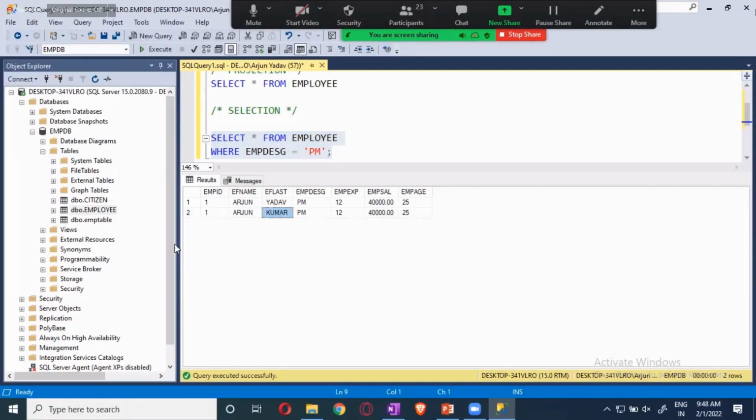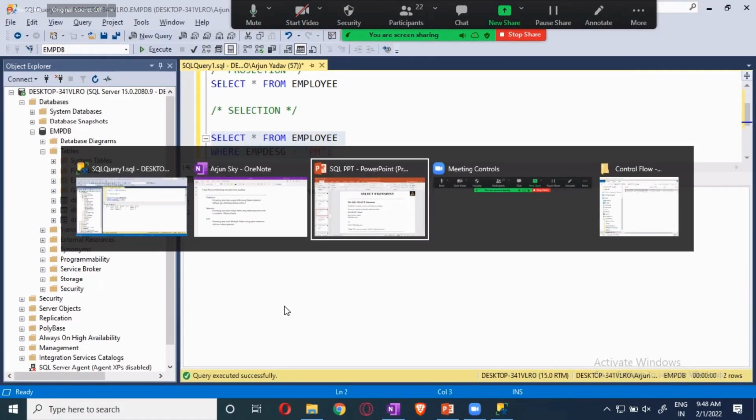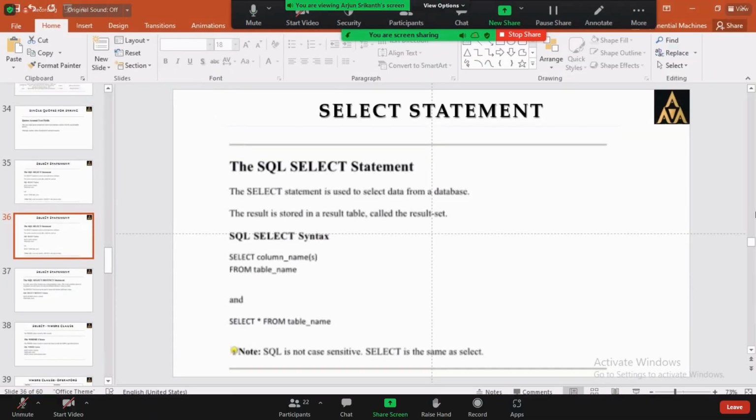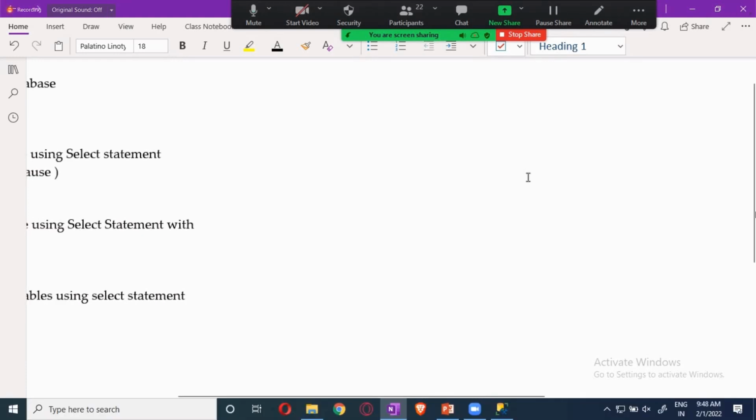Okay. Now there are joins. That is when you are extracting the data from multiple tables. Now here, how the joins will be working is, what is the use of joins?